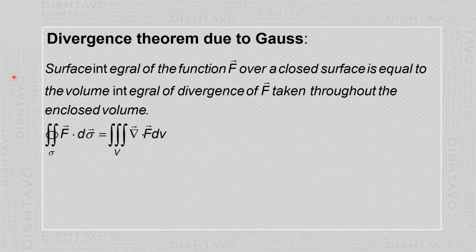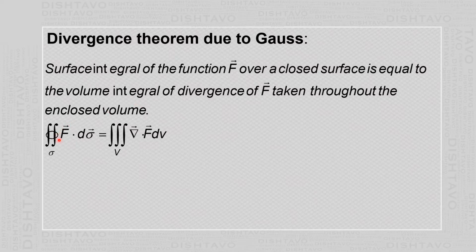Now let us consider the first theorem, that is the divergence theorem. It was stated and proved by the mathematician and physicist known as Gauss, and it is called the divergence theorem due to Gauss, or simply the divergence theorem. Suppose there is a closed surface. A closed surface has volume inside it. So there are two physical quantities there: it has a surface area and it has the volume. Then according to this theorem,